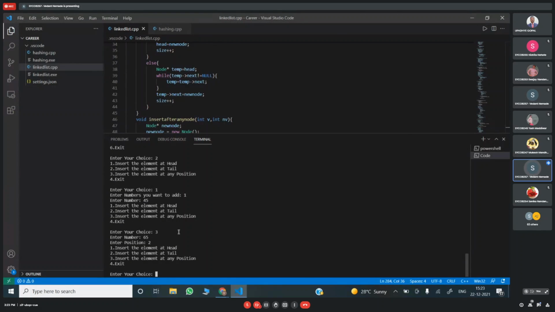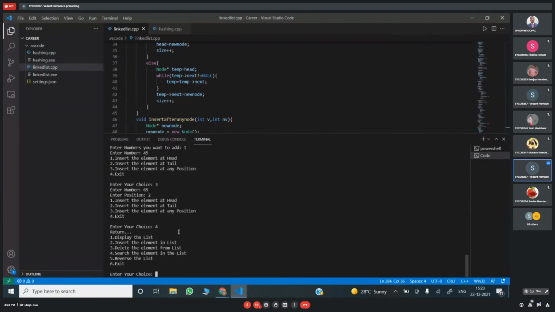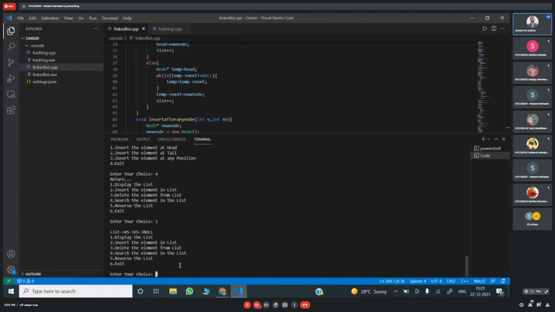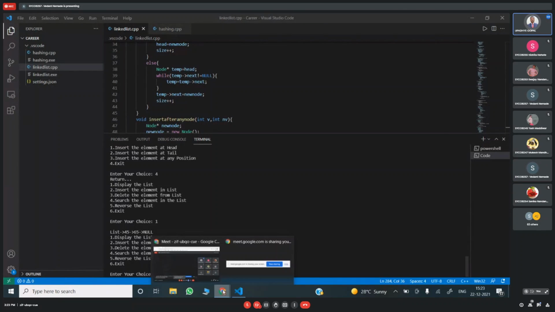To display, I go back from exit, display. The elements are displayed, 45 and 65, and then null. Okay, next.